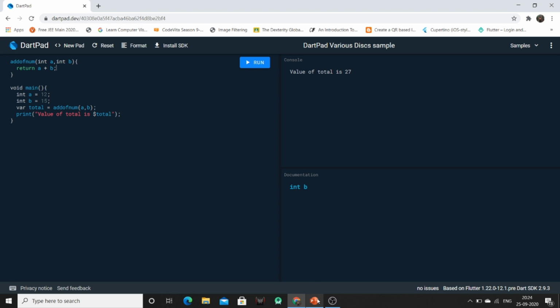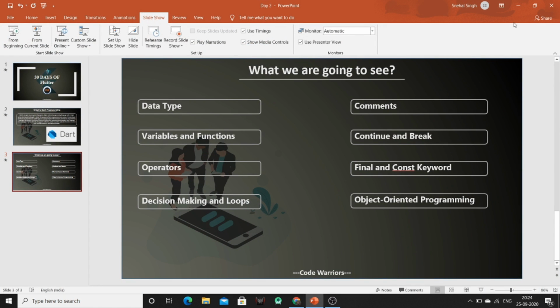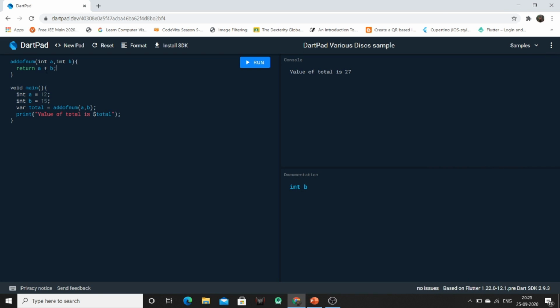Now after that, we are having operators. So we are having 5 operators. First one is arithmetic, second one is equality, third one is increment and decrement, fourth one is logical, and fifth one is comparison. So we can implement these operators, like I have implemented the arithmetic operator, which is plus. Similarly, I can also compare the value, like if a is equal to b.